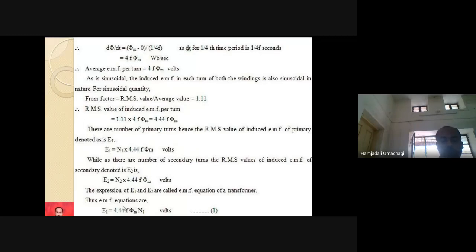So this equation you have to remember whenever you are solving problems. And this question they may also ask in the viva. What is the EMF equation of transformer? Then you should say that in general, E is equal to 4.44 f φm N. If you say this much, it is more than sufficient, because we are not saying whether it is pertaining to primary or secondary. Okay.